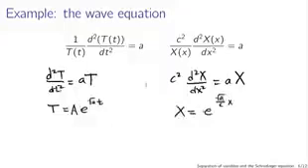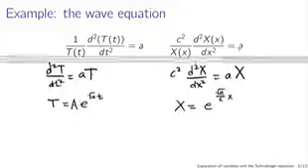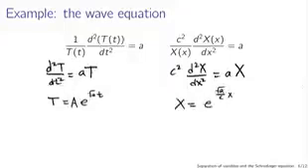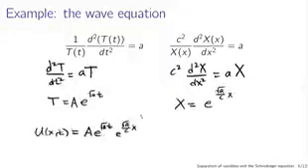What that means is, if I move things up a little bit, get myself some space, u of x and t, what we originally wanted to find, is now going to be the product of these two functions. So I have a normalization constant in front, then I have e to the root a t, and e to the root a over c x. Now, if this doesn't look like a wave,